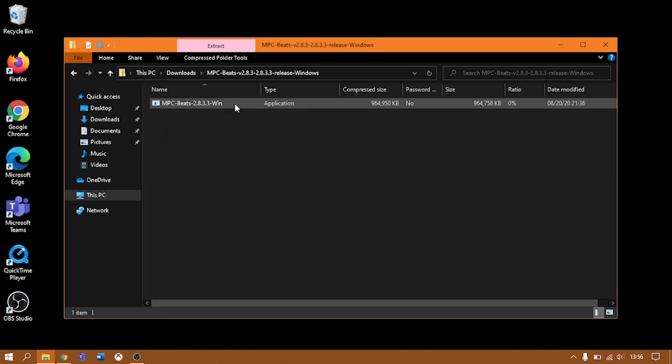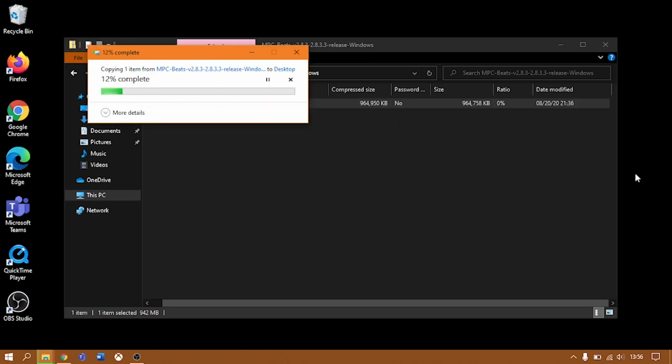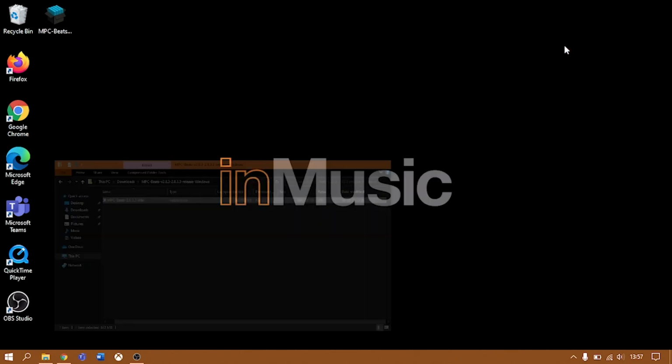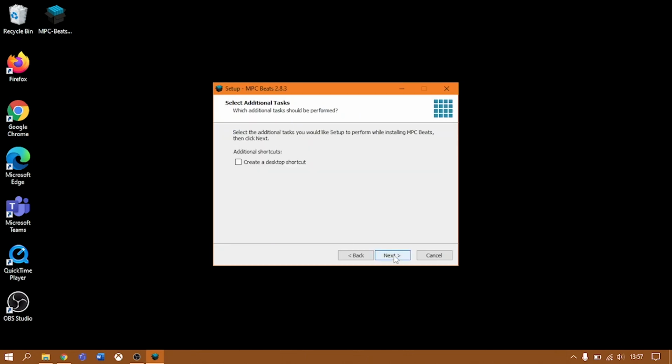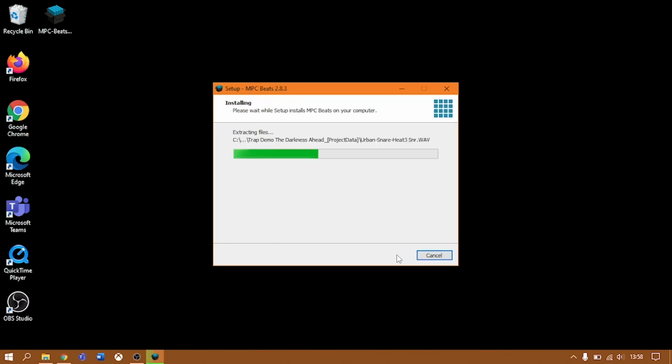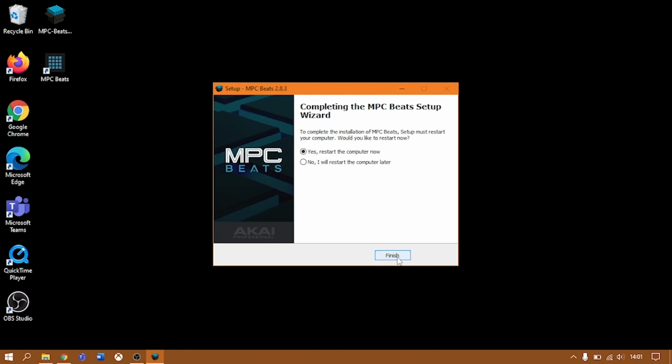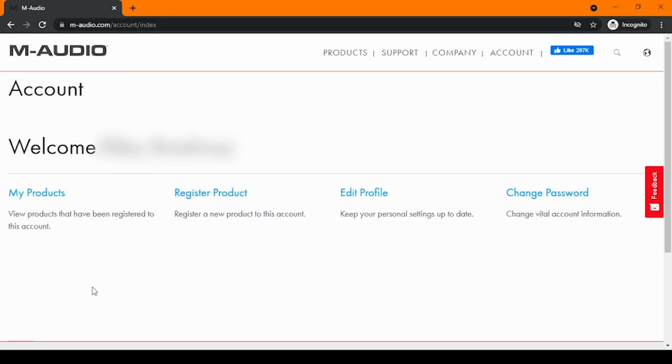Click and drag the installer to your desktop or other desired location. This is an important step because the installer can't run while it's still in the zip file. Then, simply open the setup wizard, complete the prompts, wait for the program to finish installing, then restart your PC to complete the installation. Additionally, on Windows computers, you'll need to download the M-Track Windows driver for your operating system